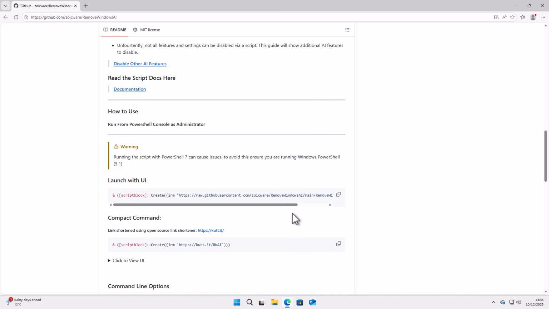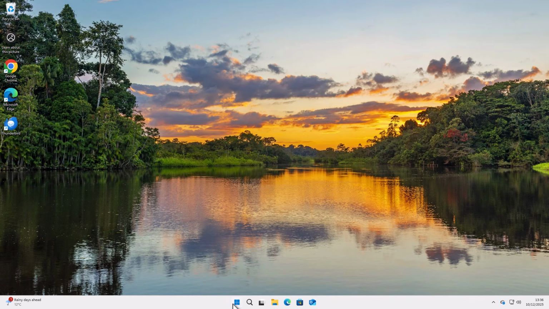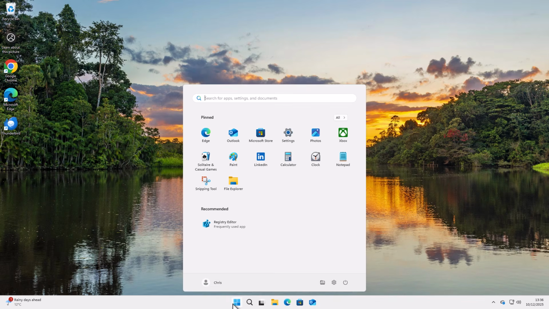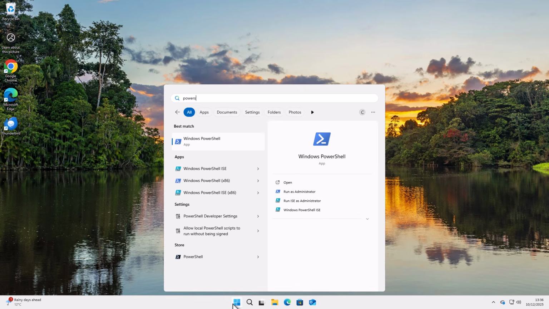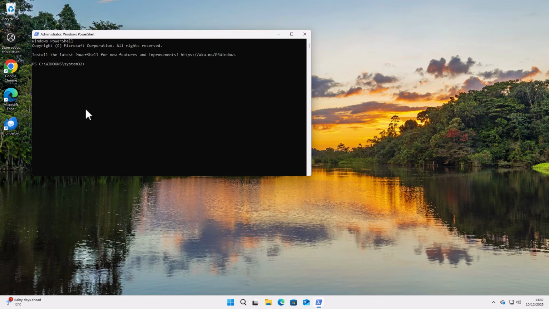And again, you want to just go to that launch with UI and then click on the two sets of boxes just to the right and then close down Edge. Click on the start button and then type PowerShell. And as you're typing it, PowerShell should come up. Click on Run as Administrator. Click on Yes if this comes up. And then when you get this prompt here, click on the right mouse button and then press enter or return,